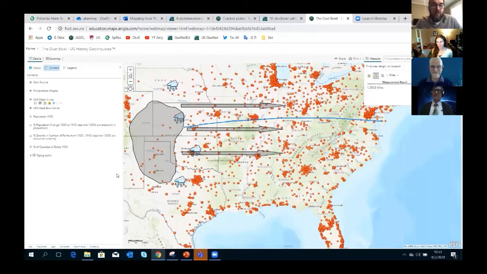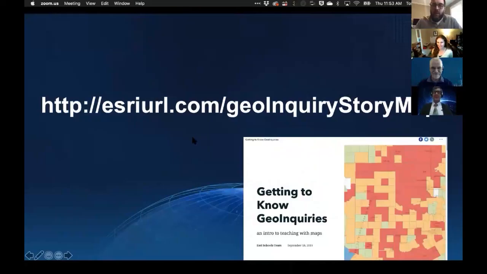That was great. If you will release the screen back over to me, I have one thing I want to share, and that is I wanted to bring your attention to a story map. We talked a little bit about story maps during hour one yesterday, but we built a story map specifically to help you learn more about geoinquiries. So you can find the story map at